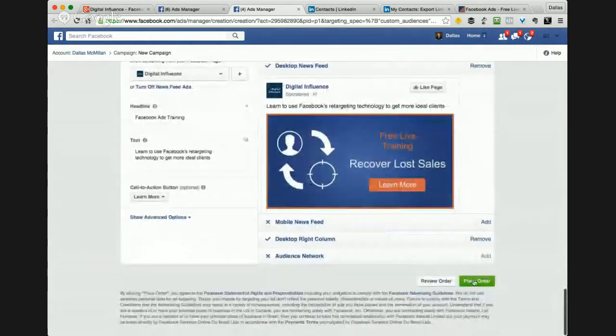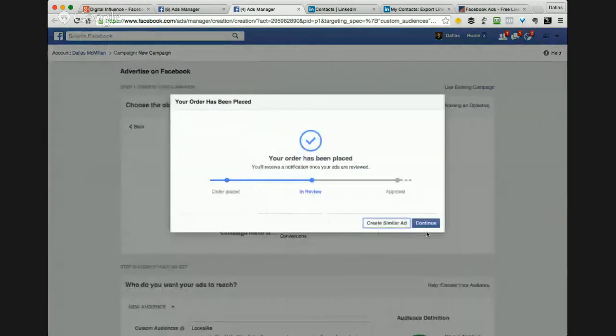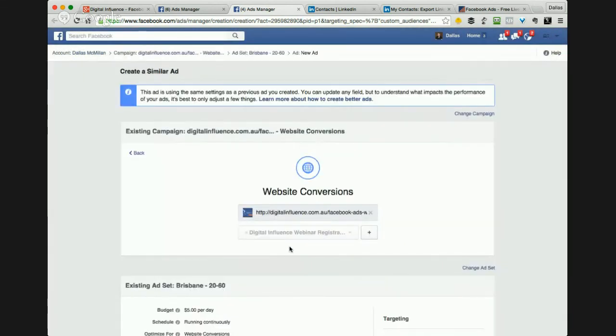And I would normally probably spend about 3 times as long on this. I put a lot of time into the image creation, and then we start creating lots of variations on the ad. So it actually takes quite a while to do an ad like this. But then what you can do is create a similar ad and go through and create an ad with slightly different targeting or slightly different images. So that's really, we're certainly out of time.